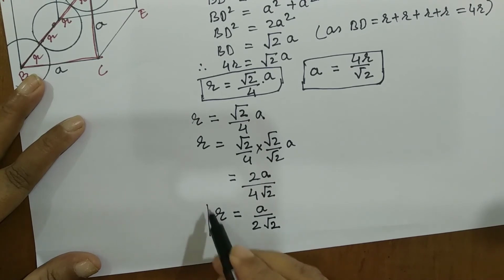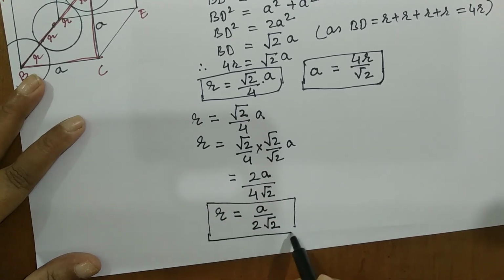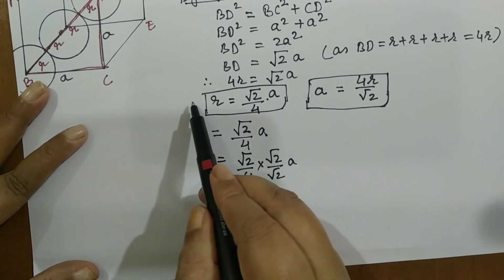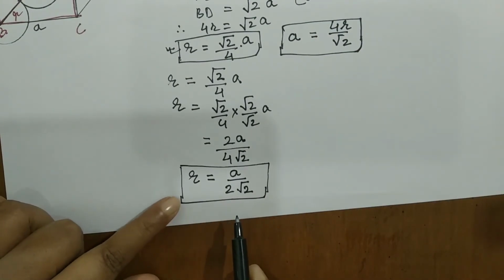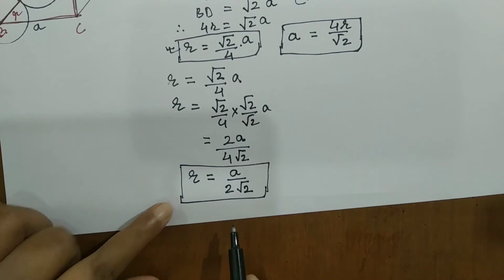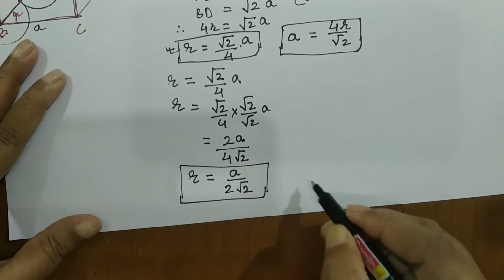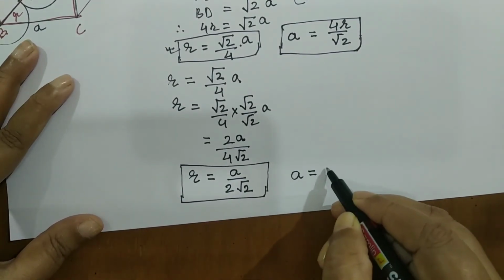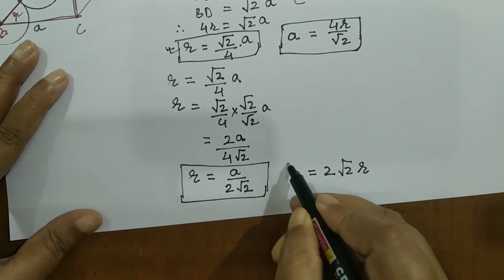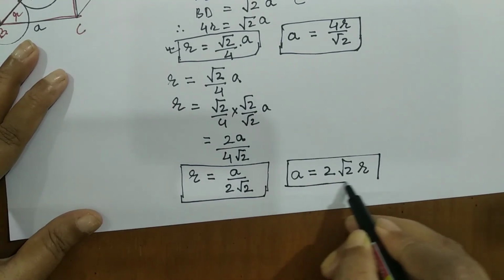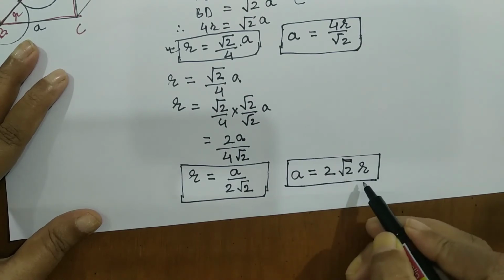So this is what I will be using. In case for MCQs the equation is asked, you can go for this option. Otherwise, this is the correct equation that we use for calculation. Now on this basis, I will arrange A is equal to, so it will become 2 root 2 R. So this is what the edge length is equal to, or the lattice constant is equal to.